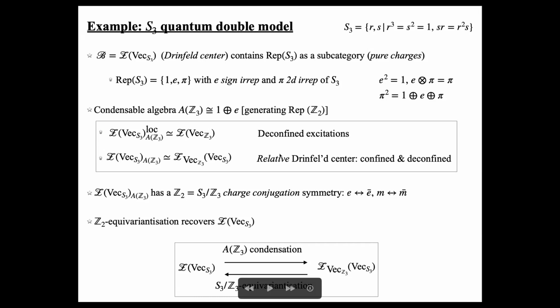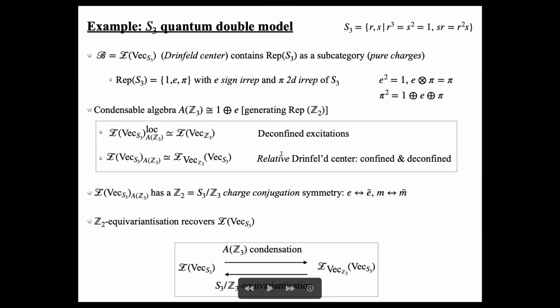So let me denote Rep S3 inside here as 1, E, pi, where E is the sign rep and pi is the two-dimensional rep of S3. And then let's consider condensing this algebra, which I denote A_Z3, which is given just by 1 plus E. And notice that this is associated to Rep C2 in your topological order. So if you condense this A_Z3, then the local modules, the deconfined excitations, are given by the Z3 toric code,